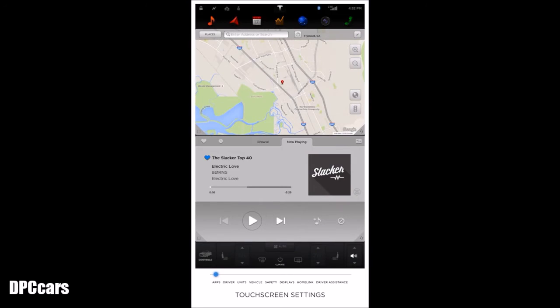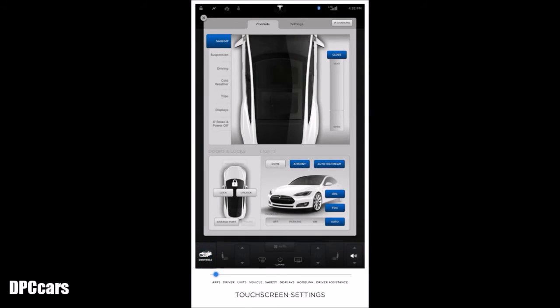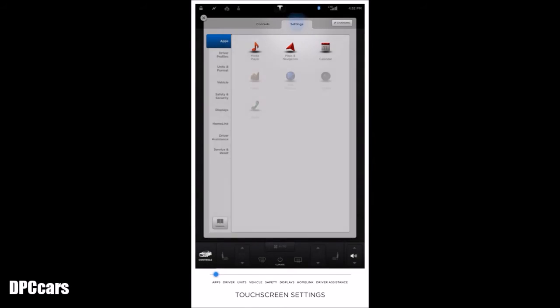The touchscreen is your control panel for accessing functions, features, and apps in the Model S. In this video, we'll cover all options within the settings section of your Tesla. To access settings, touch Controls on the lower left corner of the touchscreen, and then the Settings tab at the top. Within this menu, you can adjust settings for apps, driver profiles, units and formats, vehicle, safety and security, displays,